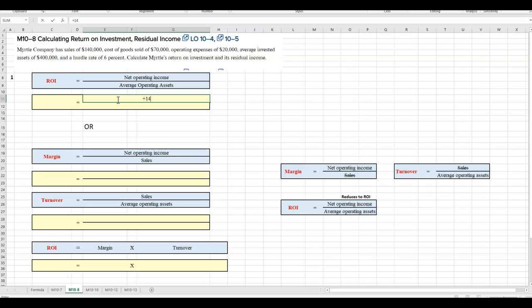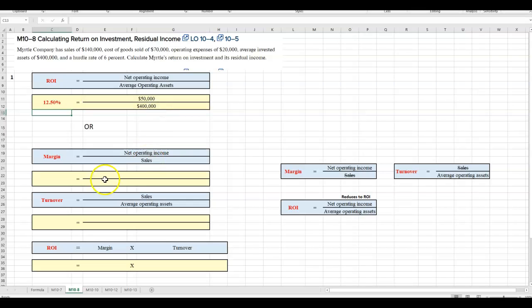So it's 140,000 in sales minus the 70,000 in cost of goods sold minus the operating expenses of 20,000. That gives us 50,000 net operating income with average assets of 400,000. And just so you know, average assets, if they don't give it to you, is beginning of the year assets plus end of the year assets divided by 2. Simple average. So your ROI for this company is